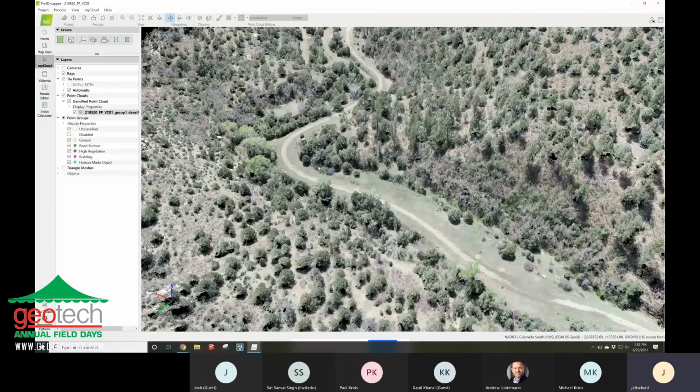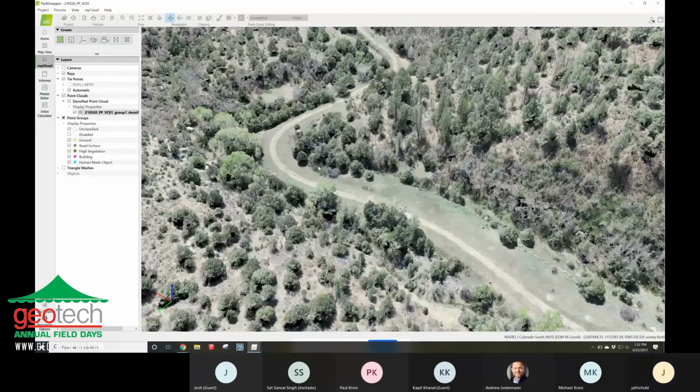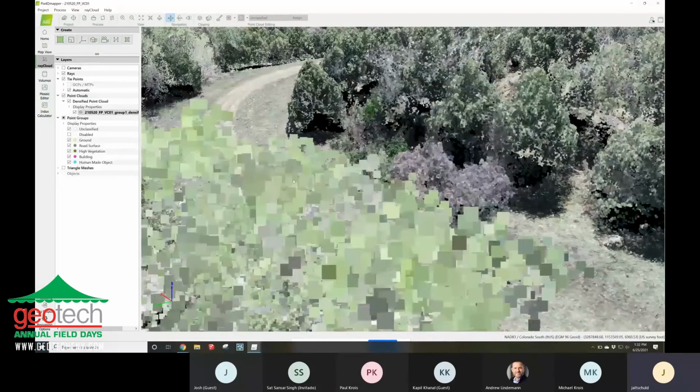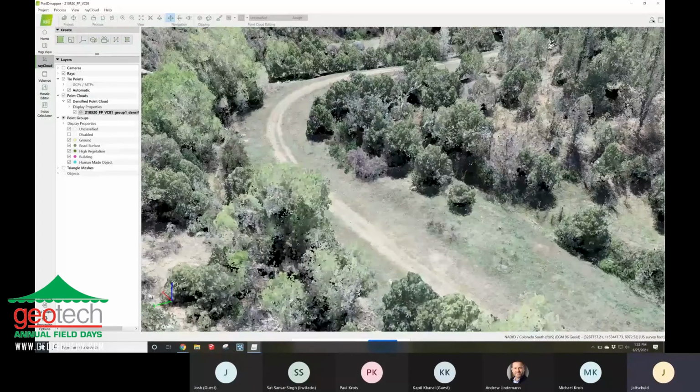And you can see, even though there's trees, we got pretty good data in and around those trees by doing that second grid at an oblique angle. The other thing I want to show you guys here, remember I mentioned you can basically use this as a 3D site inventory. So if I click on any point here,